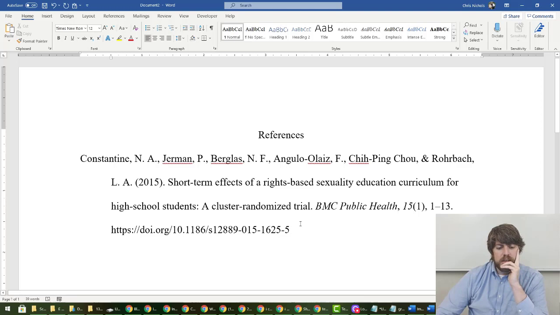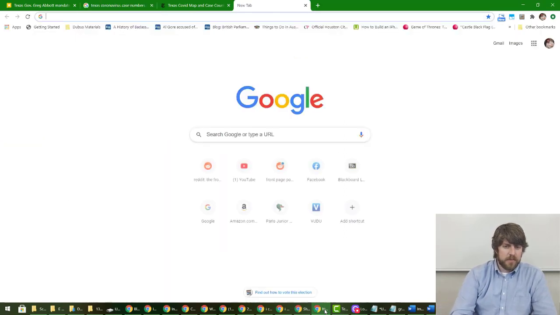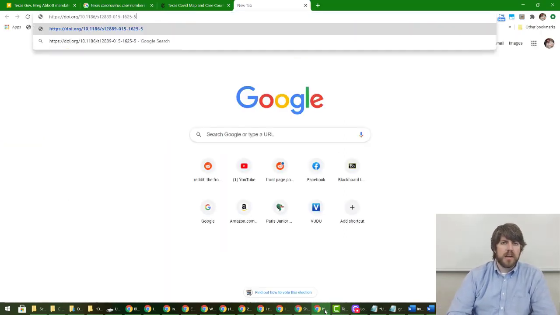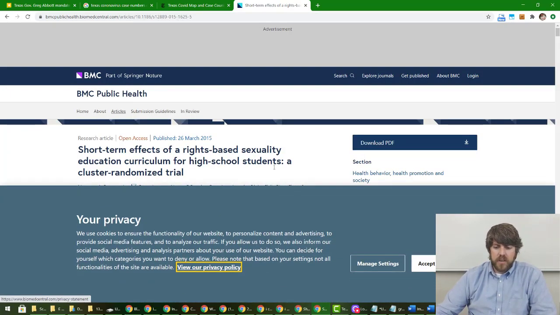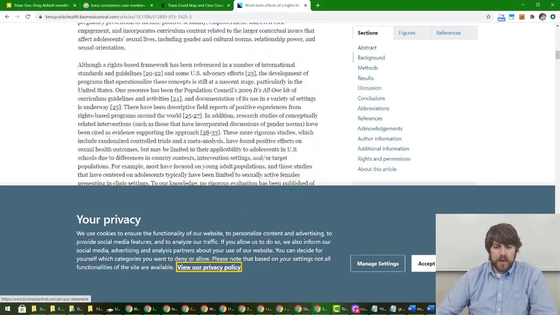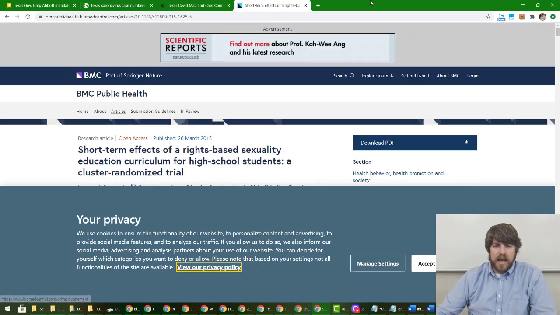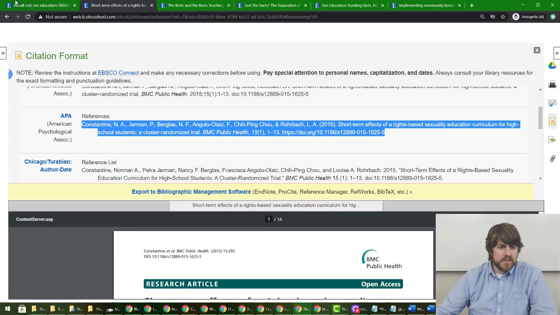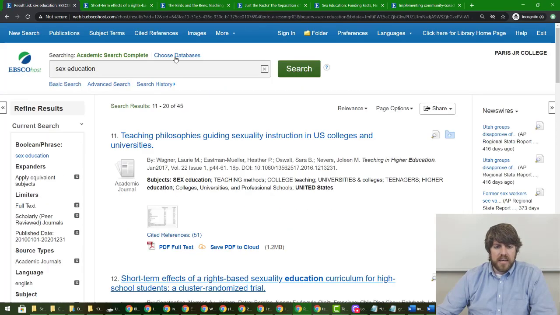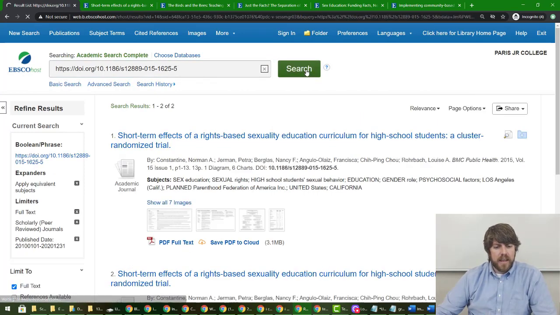DOI.org. See, this DOI number is really neat because if I take this, copy it, and paste it into, let's say, this web browser right here, because I've been doing all this stuff in the incognito window, this will take me directly to the DOI link for this journal. If it's an open access journal, I can read it even without the database. However, if I go to a database like this one, and I just paste in the DOI link like that, it will then find that journal for me